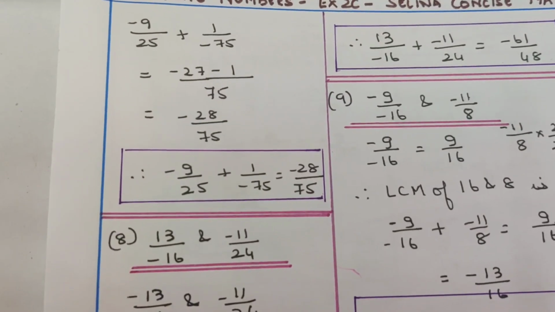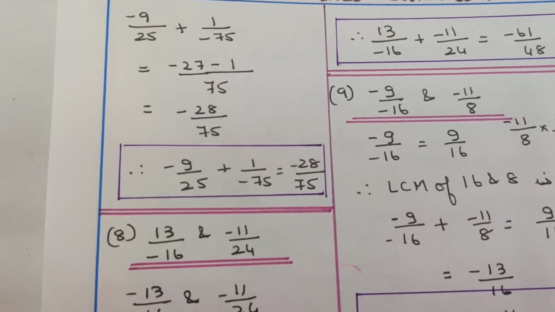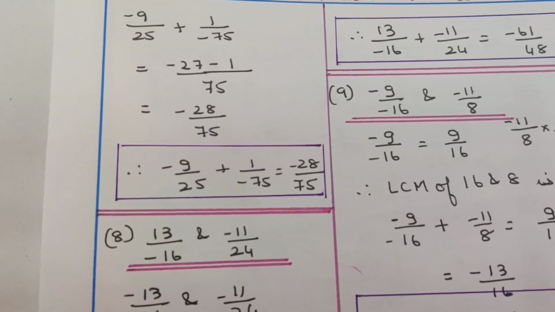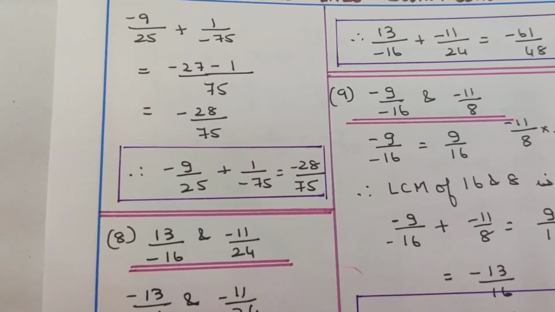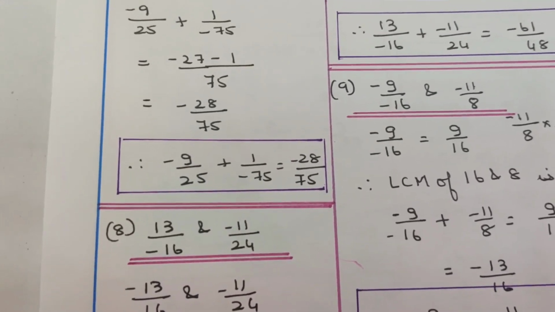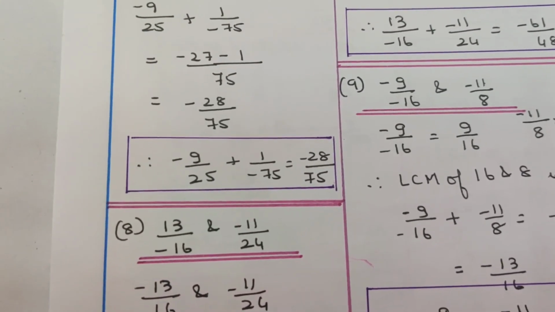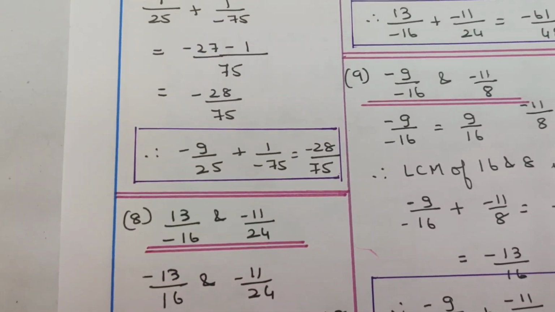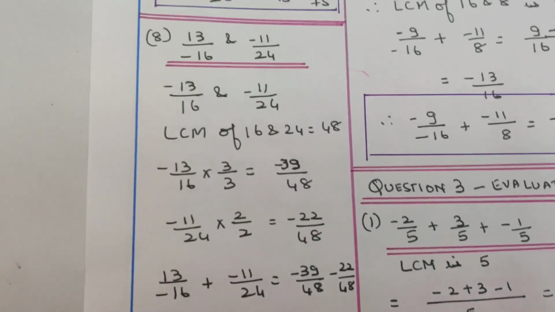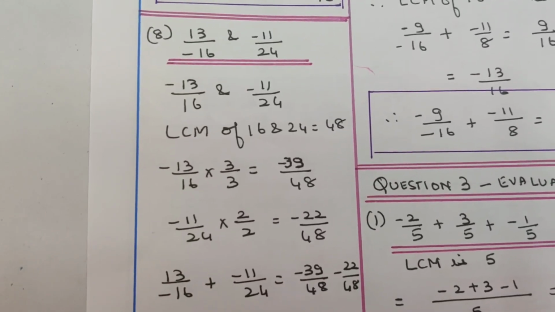All that you need to do is understand the LCM bit of it, and then convert the numbers to common denominators. Having common denominators, add them and you will get the answer. I will not explain each and every step here in the 8th and 9th sum and going forward. I will just read out the sum and give a pause for a minute or two so that you can understand the pattern.